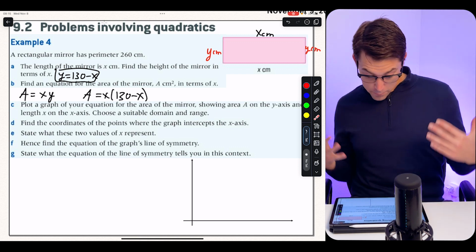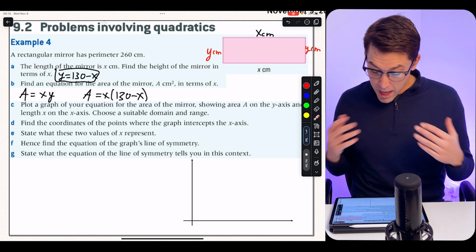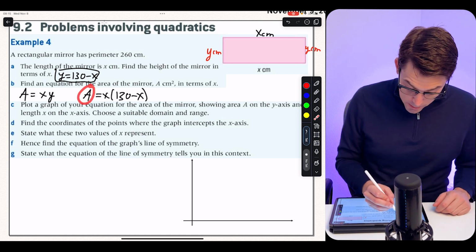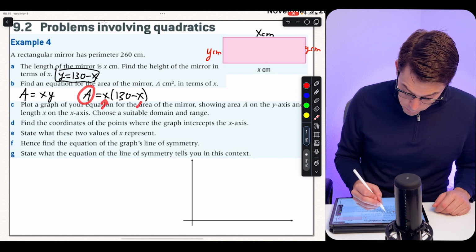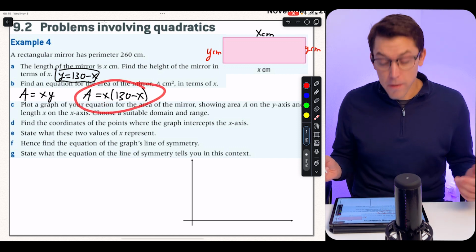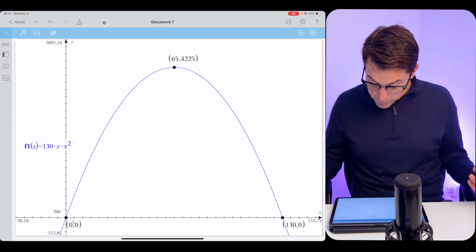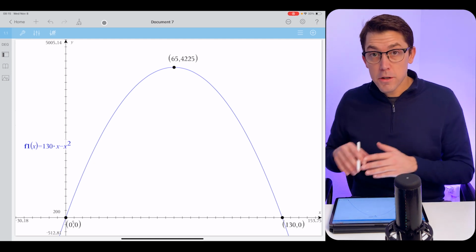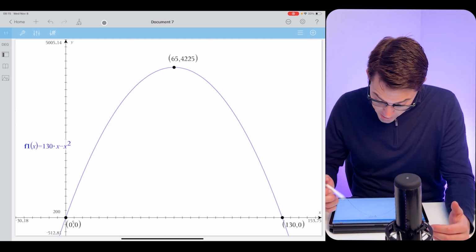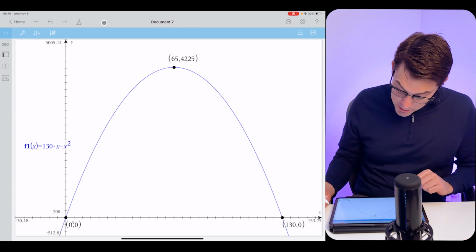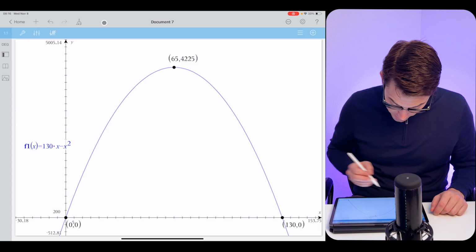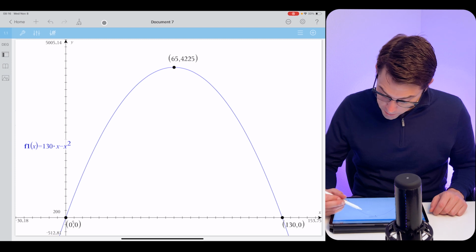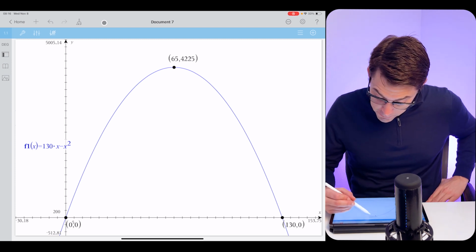So now we want to plot a graph of this equation for the area of the mirror, with A on the y-axis and x, the length, on the x-axis. And that's exactly what this gives me. A is going to be my output, x is going to be my input, which is the length. So as long as I graph this, I'll be fine. In our class, we're allowed to use graphing calculators. So we would graph it here, find our zeros, and also find our maximum value up here. It should look something like this. You'll have 130x minus x squared. You'll have zeros at (0, 0) and (130, 0), as well as a maximum value, a vertex, of (65,